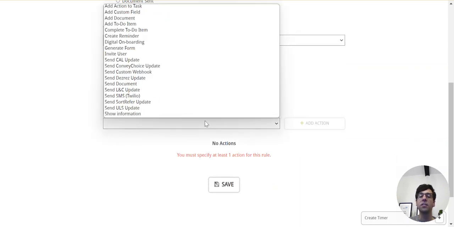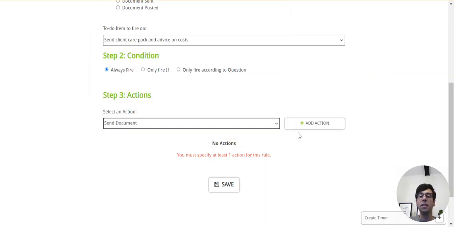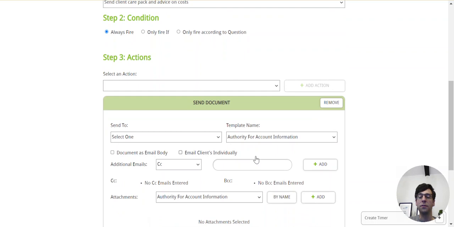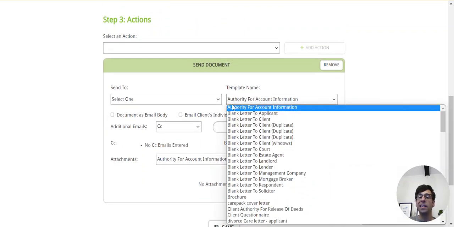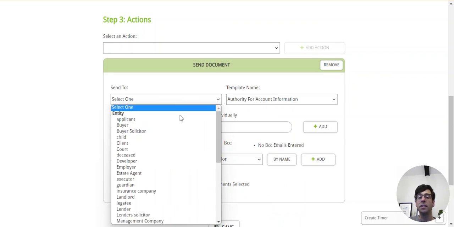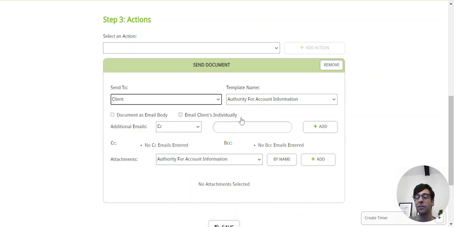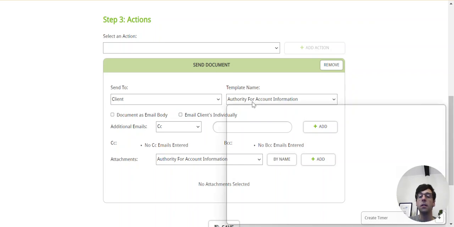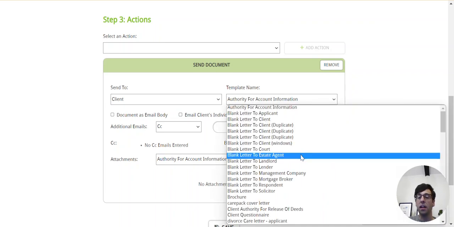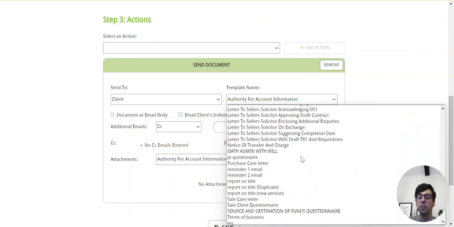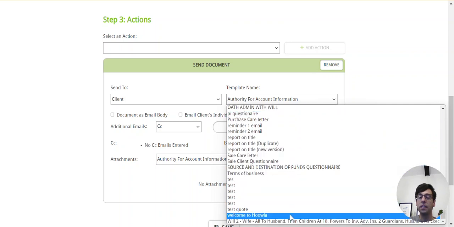So there's lots of actions you can do in Hoowla with rules. This particular one we're going to use is send documents, but there's a whole world of fun underneath that button. So first off, we're going to say who we're going to send it to. We're going to send this email to the clients, who are effectively in the client role of the case. We've got a cover letter that I've, in good Blue Peter fashion, created earlier,